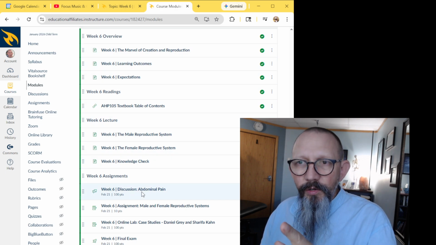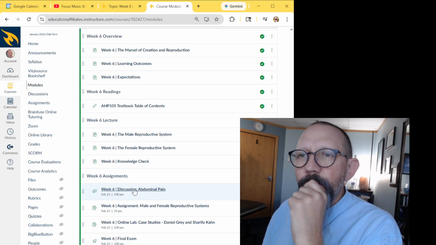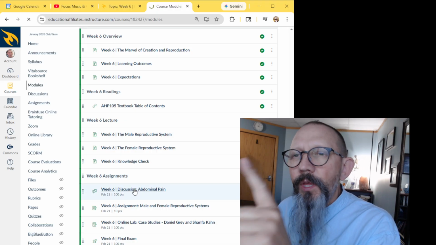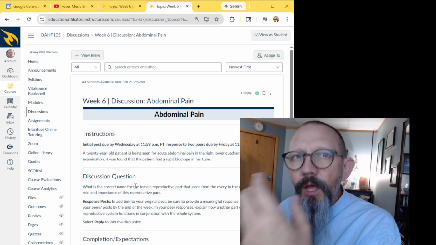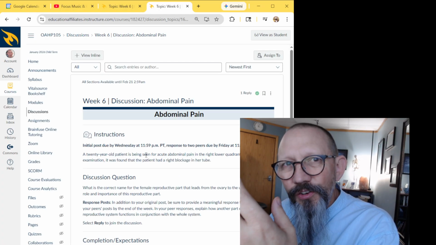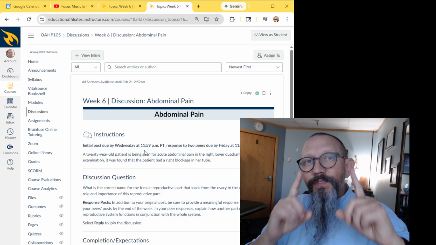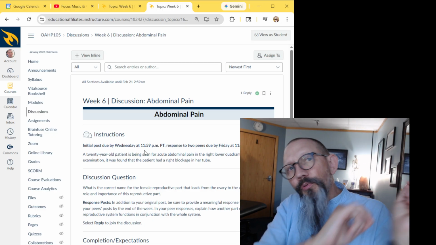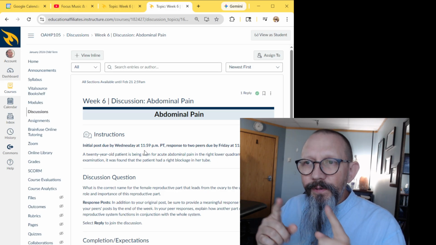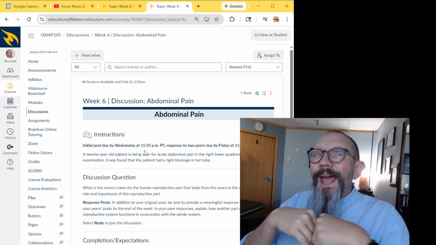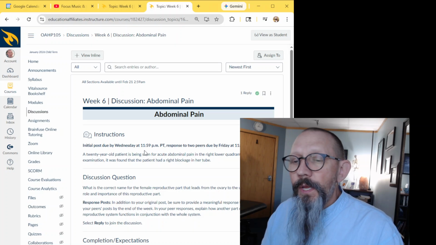Now down here, there's the discussion page. I want you to realize something when we're looking at abdominal pain. In all medicine, any female of childbearing age that has abdominal or low back pain should be considered pregnant until proven otherwise. And here's why: things like ectopic pregnancies, which is a pregnancy that occurs outside of the uterus, where the implantation starts outside the uterus, because